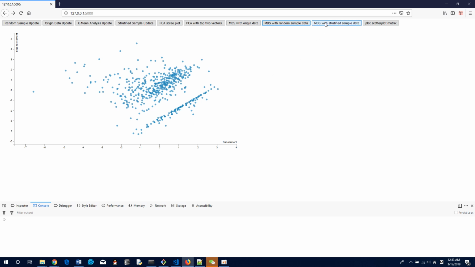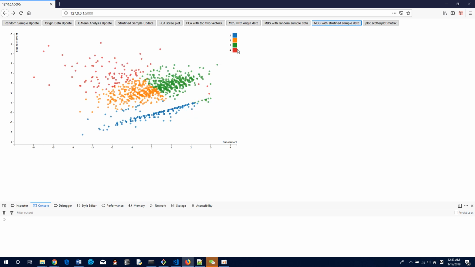Another thing is we use MDS with the stratified data group. You can see we use the original k-means method, and keep using it in the MDS graphs, so we can see the different groups here. It maintains the shape very well. But compared to the PCA,